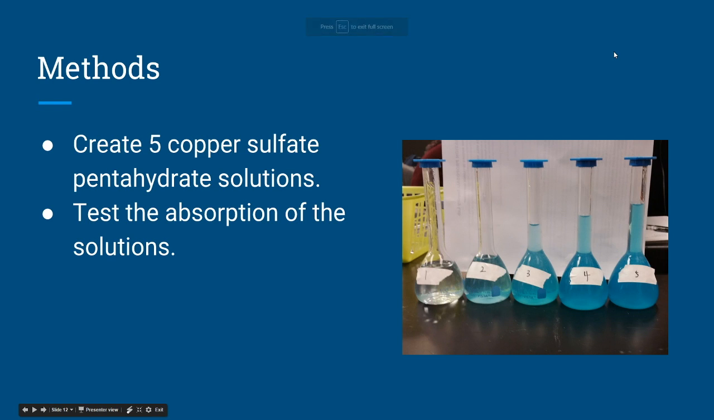Methods. With the 5 volumetric flasks, fill each up to about halfway with distilled water. For the first solution, weigh about 0.2496 grams of the copper sulfate pentahydrate and add it to one of the half-filled volumetric flasks. Then label it 0.01 molar. After putting in the copper sulfate pentahydrate, fill up the rest of the volumetric flask with distilled water up to